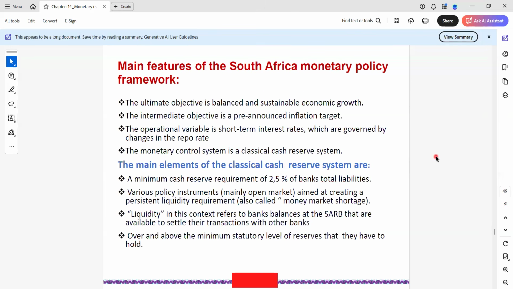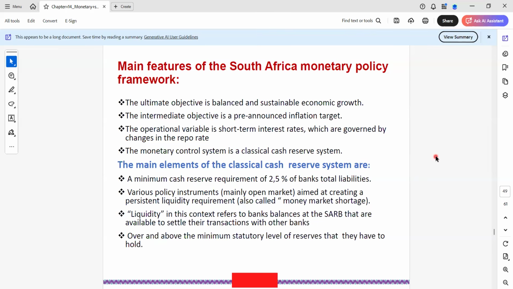So, yeah. The main features of the South African monetary policy framework. The ultimate objective is balanced and sustainable economic growth. The intermediate objective is pre-announced inflation targets, and the operational variable is the short-term interest rate, which is governed by changes in the repo rate. The monetary control system is a classical cash reserve system. The main elements of a classical cash reserve system are the minimum cash reserve requirement of 2.5% of the bank's